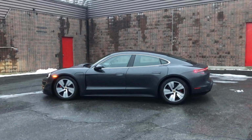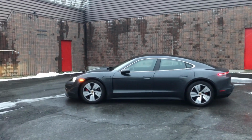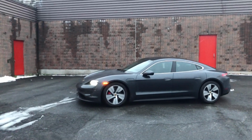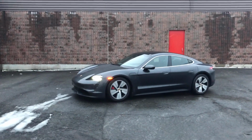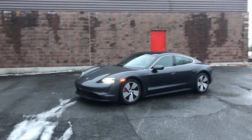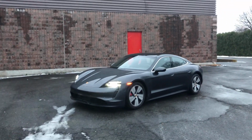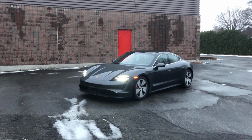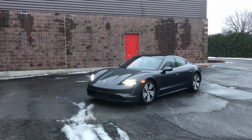However, the more I stare at it, when I park it and walk away and turn around and look back at it, the more I get the sense that this is an even more special car because it's almost trying not to be noticed. It's flying under the radar. It's like, you don't need to look at me because there's nothing special to see here. And yet, this